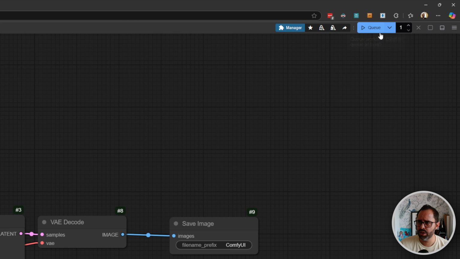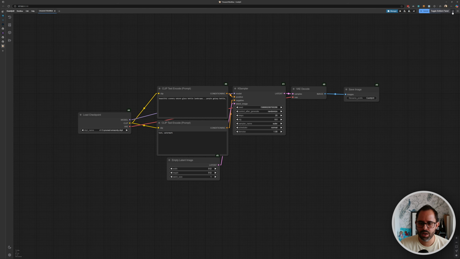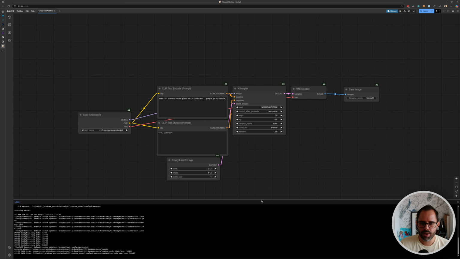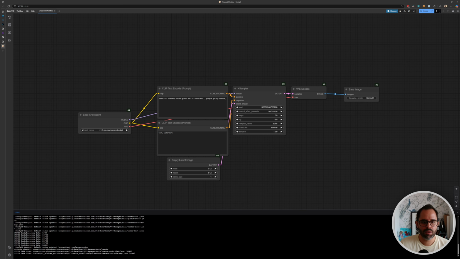As well as our Q button and the batch count, and just a few nice new things, such as the toggle for the bottom panel, which I actually like a lot. It's like having the command line present. So everything you do, everything you batch, everything you try to render, it'll happen in the command line. So you'll have some lines going in the nodes, but if you really want to know what's going on